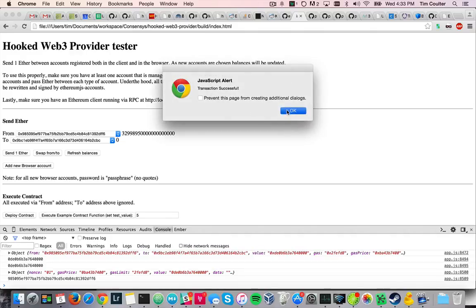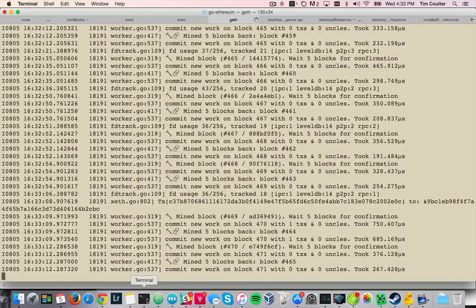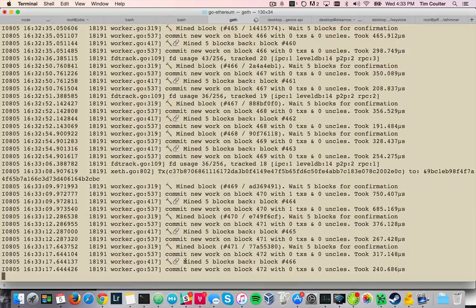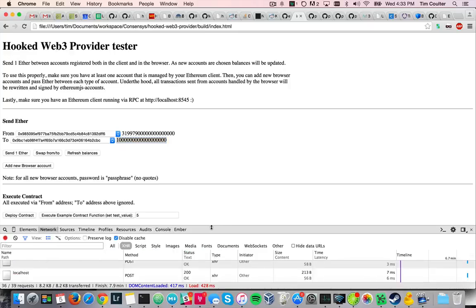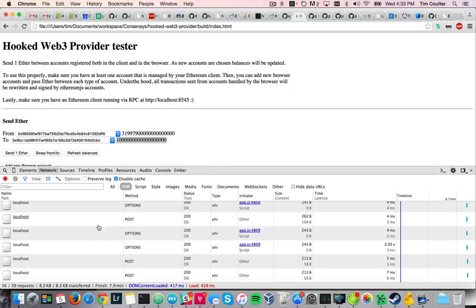So it says transaction successful, happens just like before. Transaction's right here. It's going to get mined. In fact, it already has been mined, and that actually came back quickly. We have our one ether. So I'm going to go ahead and look at the console just to